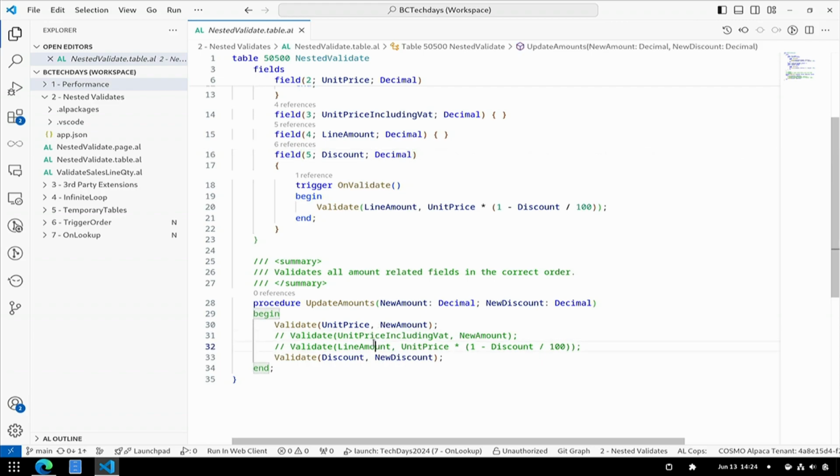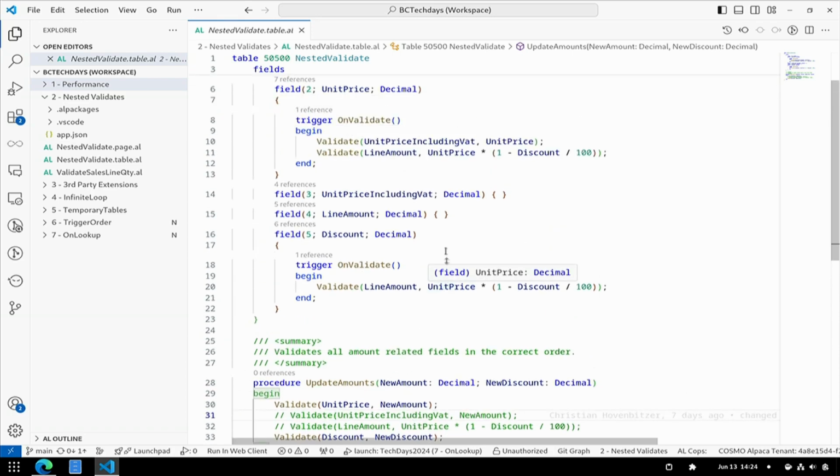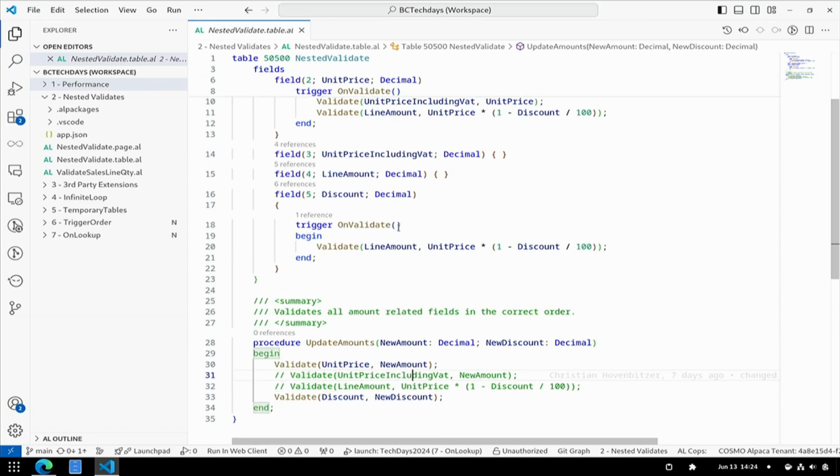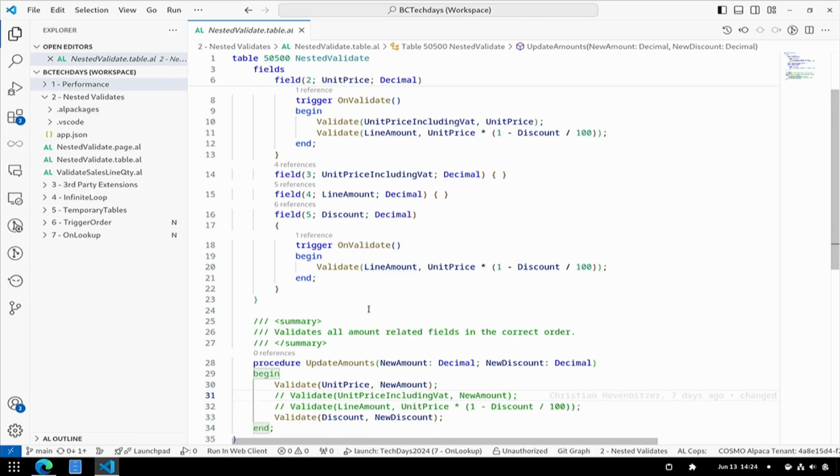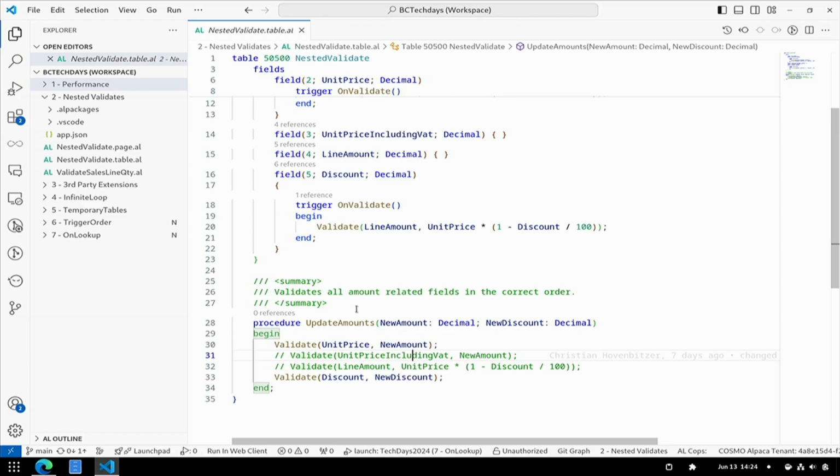I have added the 2 other fields, unit price including VAT and the line amount, here as well, but they don't need to be validated because they are validated in the onValidate triggers of the unit price. So this is an example of what nested validates are for, what their purpose could look like, and how to solve the issue of the order of validation. Okay.